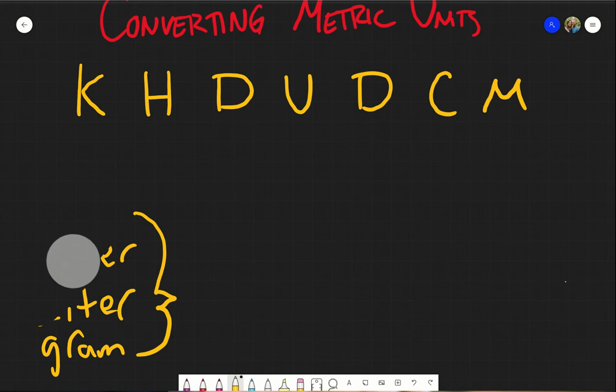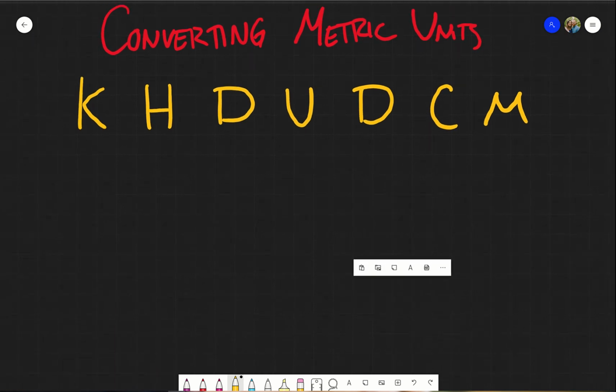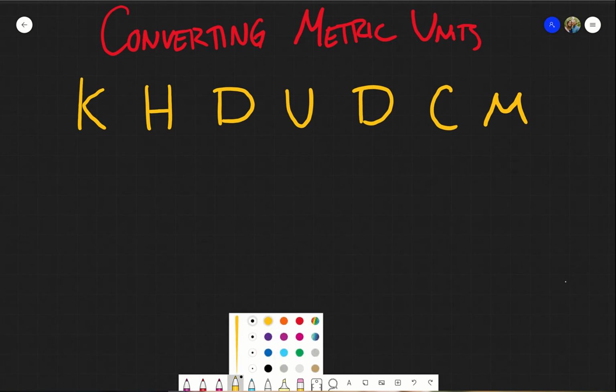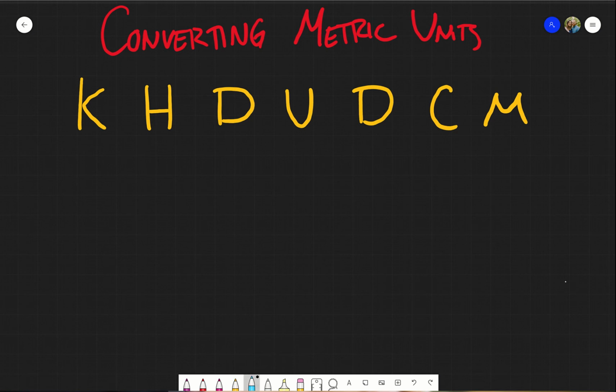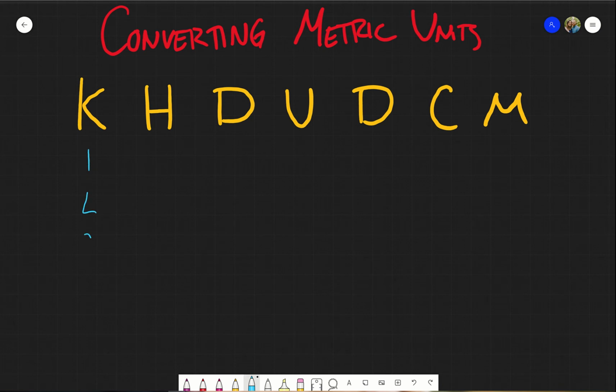Now, what's nice about dealing with metric units is all the prefixes are the same no matter if we are in metric, liters, meters, or grams. We're all using the same prefixes. Now, we talked about some of those in class, but the prefixes we use are kilo. This one is called hecto,